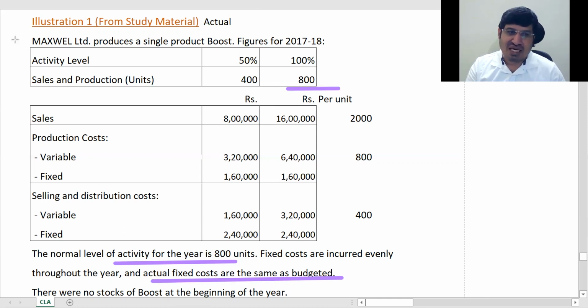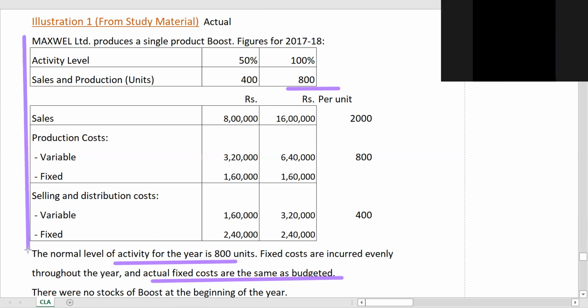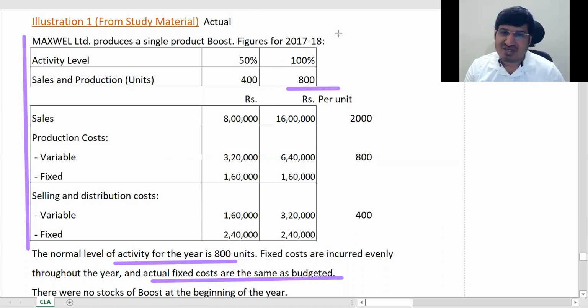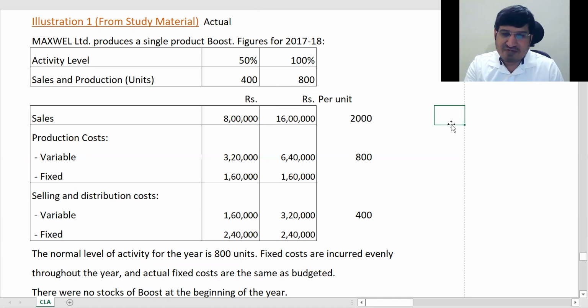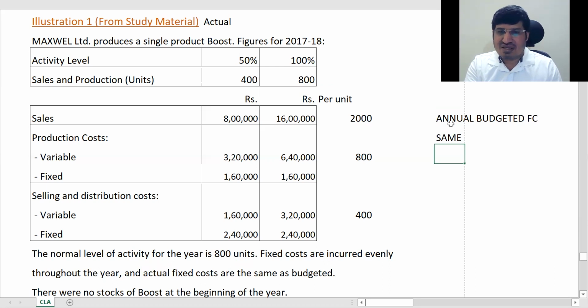ओके, सो एक्चुअली, सर, मैं यही पूछ रहा था कि सर बजटेड भी यही है ना, मतलब बजटेड लेवल भी तो यही होगा ना जब दोनों लेवल एक्टिविटी सेम. यही होगा एनुअल के लिए. ठीक है, अगर आपका दोनों लेवल सेम है तो देखिए आपका जो एनुअल फिक्स्ड कॉस्ट जो है तो क्या होगा, आपका एनुअल बजटेड फिक्स्ड कॉस्ट विल बी सेम एज एनुअल एक्चुअल्स, करेक्ट, ये बोल रहे हैं आप, करेक्ट, ये ठीक है, लेकिन अब ये जरूरी नहीं है कि जो आपका